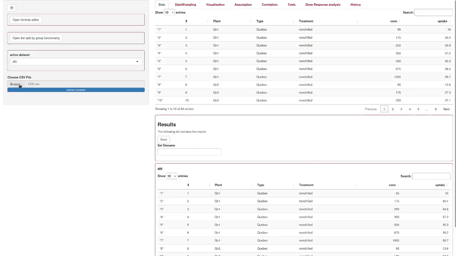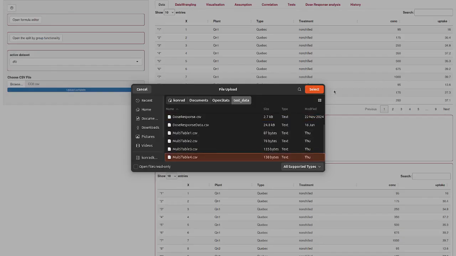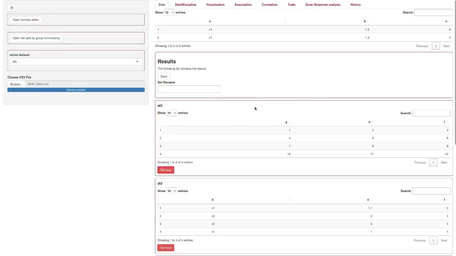Now I show you another feature of OpenStats. You can also use text files which contain not only one table, but more than one, and the tables have to be separated by at least one empty column and one empty row. And it's also necessary that each table has header names. So for example, if we are choosing now multi-table set 4,